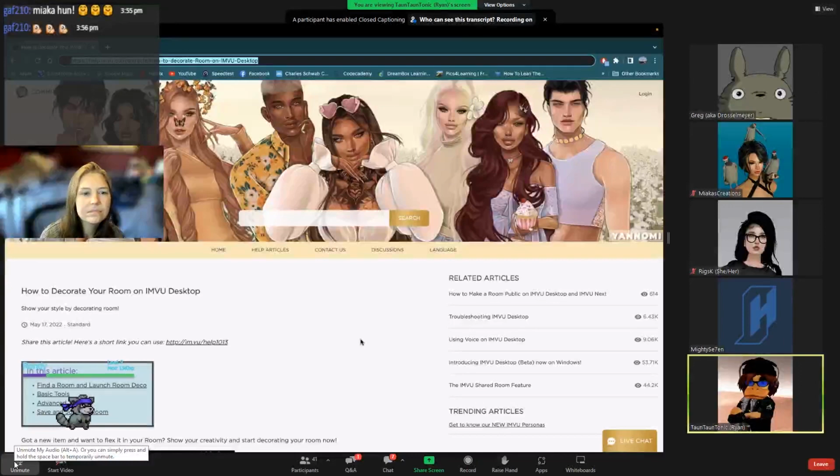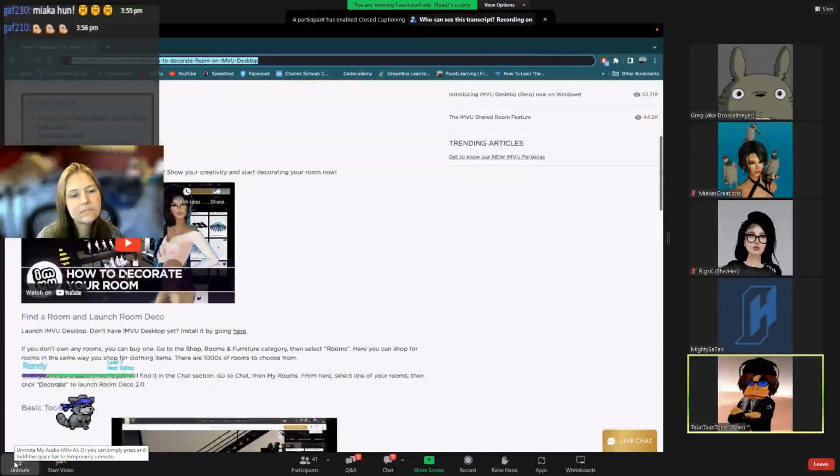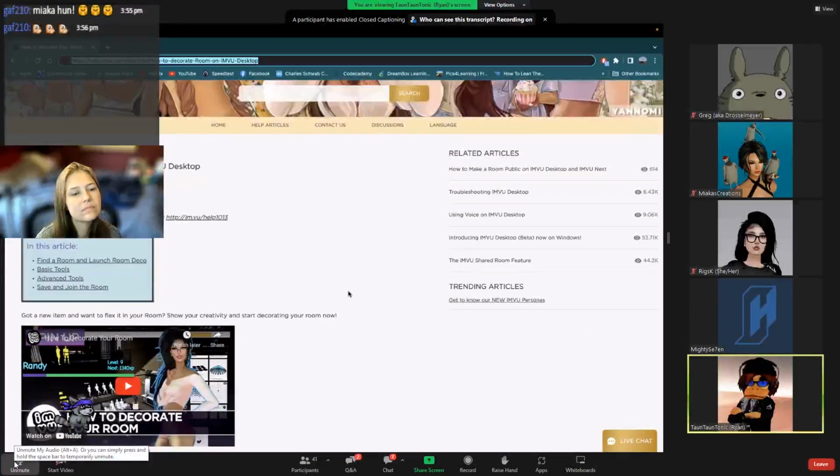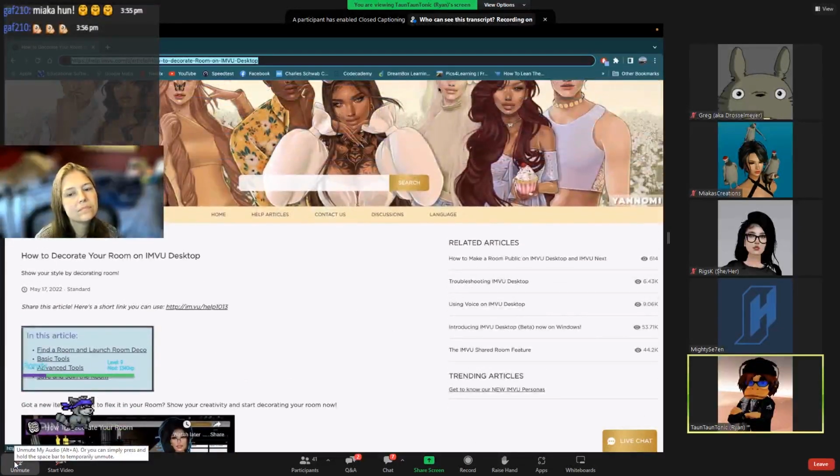So, a slightly different topic. I thought it would be a good idea to share a few tips and tricks on using room decoration in Studio. In case there are some people out there that don't know, about a year ago we created Room Deco 2.0. This is on IMVU Desktop and IMVU Web, where it's an improved room decoration with lots and lots of tools. And if you want to know more about Room Deco, if you haven't used it on IMVU Desktop, this is where you go to